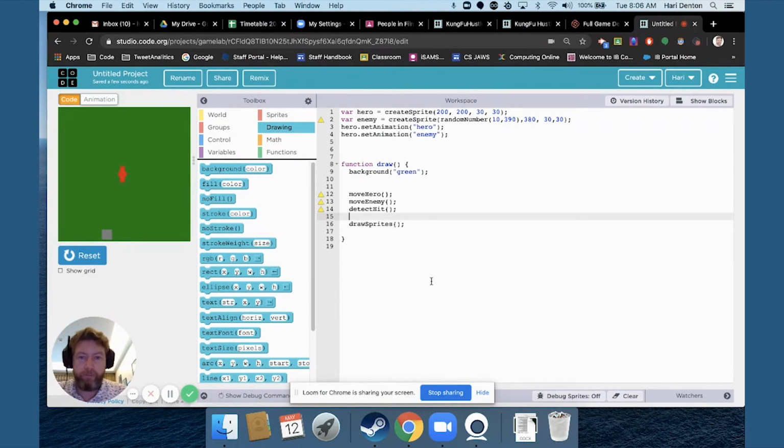It's important that we move our heroes and our enemies before we detect the hit to avoid glitches. If we do things in the wrong order, then we're going to see some glitching. And if you think about it, you would both move before you detected you were hit. Either you're not hitting each other and then you move and you do hit each other. That's the right way to think about it. So we're going to have move hero, move enemy,